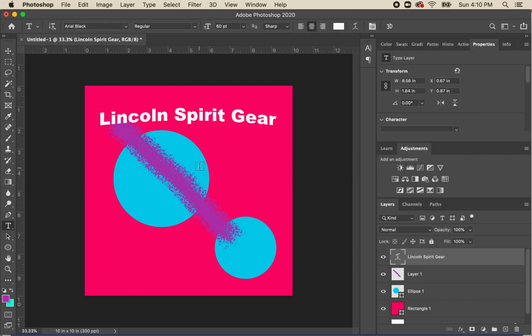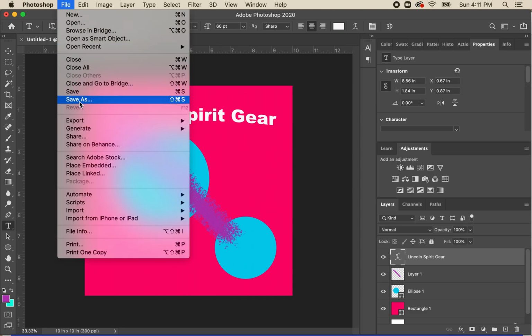Okay. So that is a very quick tutorial on just how to use the shapes, how to use the brushes, and the text. So if you're just making a fairly simple flyer for whatever you're doing, this is how to do it. When I'm done with it, just make sure you go to File, Save As,